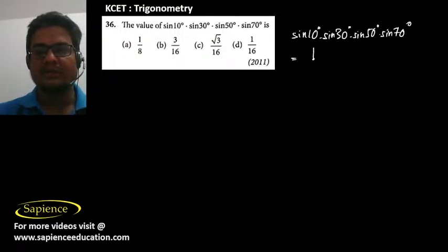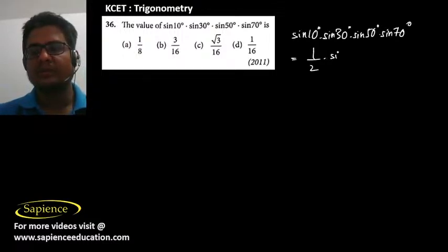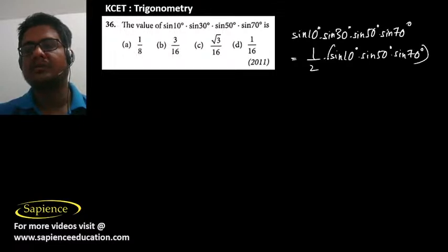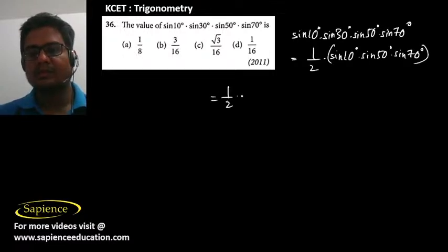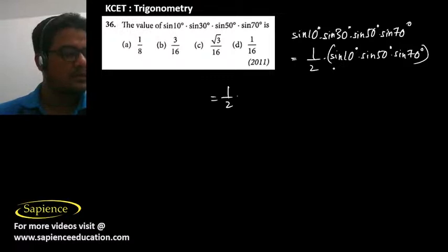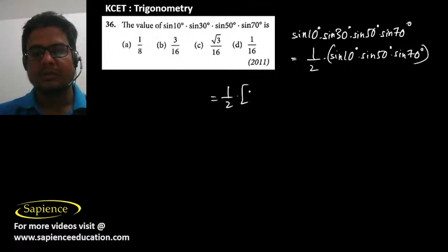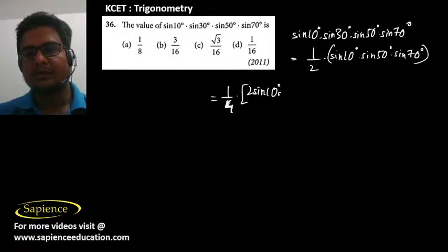So sine 30 is 1 by 2, so we can write 1 by 2 into sine 10 degree into sine 50 degree into sine 70 degree, since sine 30 degree is 1 by 2. So this will be 1 by 2 into 1 by 2, so 1 by 4 into 2 sine 10 into sine 50 degree into sine 70 degree,